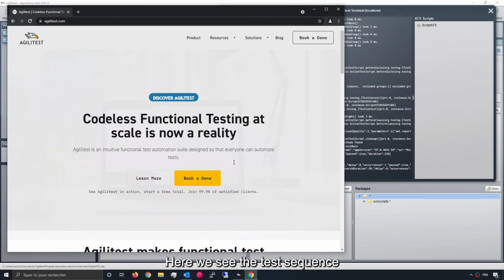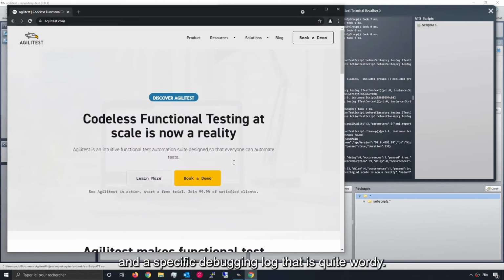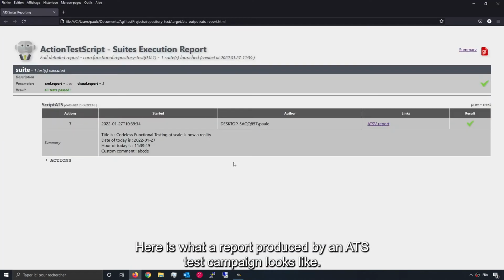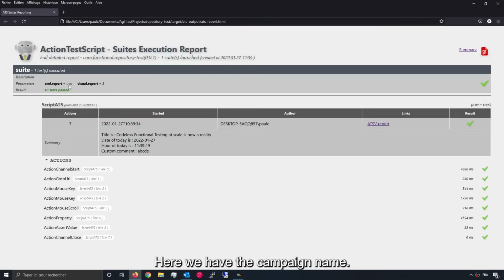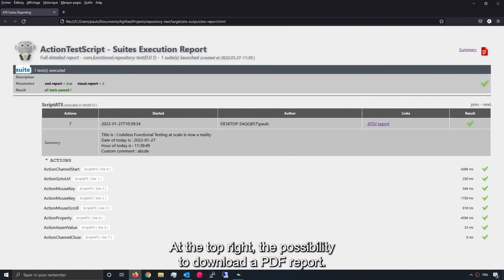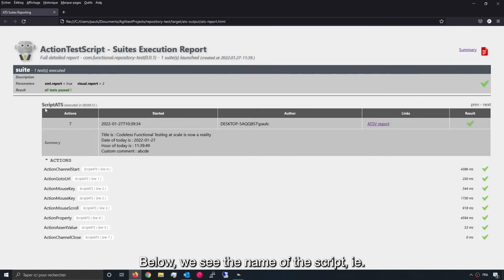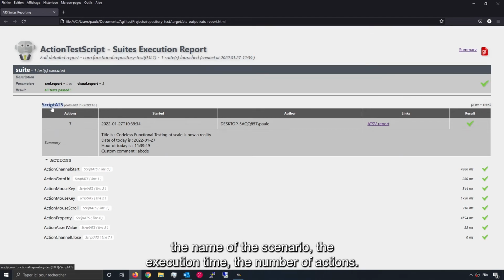Here we see the test sequence and a specific debugging log that is quite wordy. Here is what a report produced by an Atsd test campaign looks like. Here we have the campaign name, at the top right the possibility to download a PDF report. Below we see the name of the script, for instance the name of the scenario, the execution time, the number